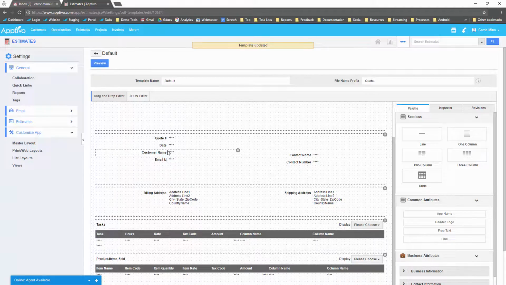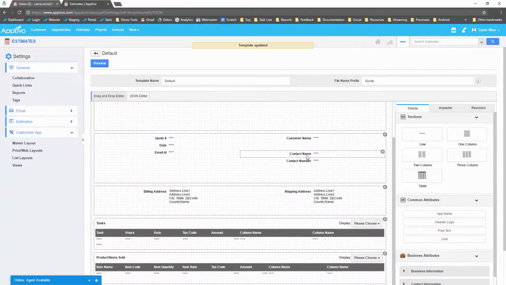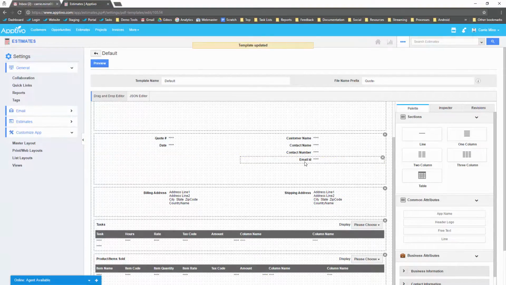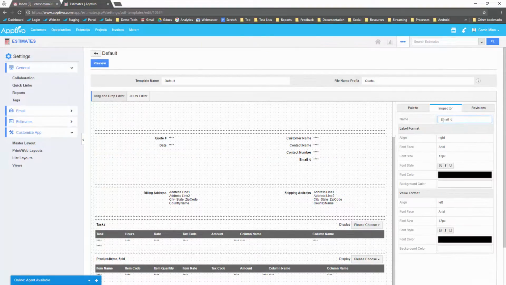And then maybe what makes sense for me is I want to have all my customer information over on the right. So I'll start off with the business name, and then I'll say contact name, contact number. And yeah, maybe we'll do the email over there, but maybe I don't like how that's not named consistently. So what I'm going to do is I'm just going to call that contact email. So no matter what the default configuration comes out as, really it's just up to what do we think works